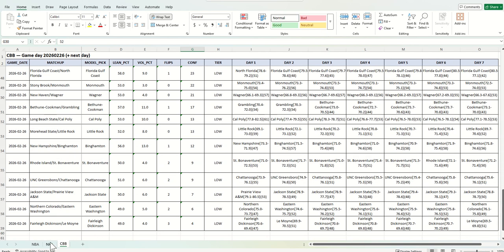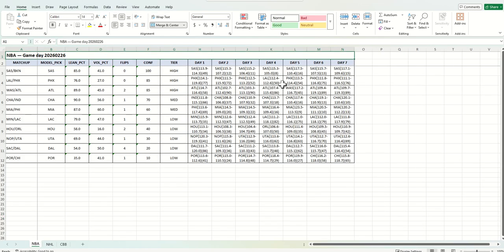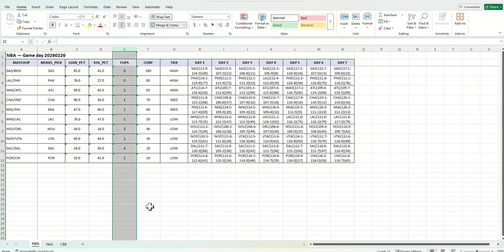I also do the NHL. It doesn't look like my games updated before the model ran last night, because it's got the same predictions for both days. But again, it has the model pick, ordered confidence, and the lean percentage for them. I also got the NBA games going through here. And as you can see, some of these did flip. I believe it was day 1, day 2 was when I did one of the major corrections on the script. So you're going to see some of it flip. You'll see a few more numbers in this line than usual. But here's all of these games.